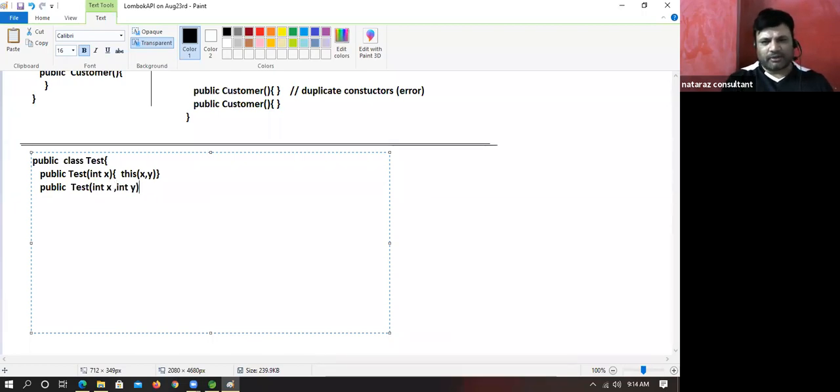Are you understanding my point? Int x, int y. This is calling this(x). And it is also having Test. Test is calling this(x).